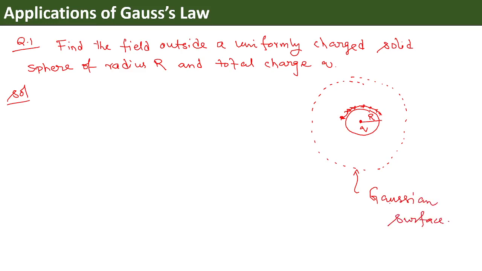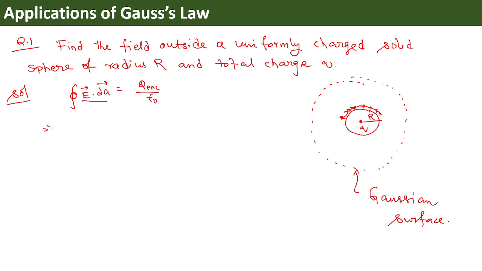This is something which you have to make. All right. Now we know from Gauss's law, integration E dot dA is equal to Q enclosed upon epsilon naught. Now we know that Q enclosed is equal to small q. But what about the E dot dA? Since this is a spherical symmetry, we are pretty sure that the angle between the electric field and the area element happens to be 0.